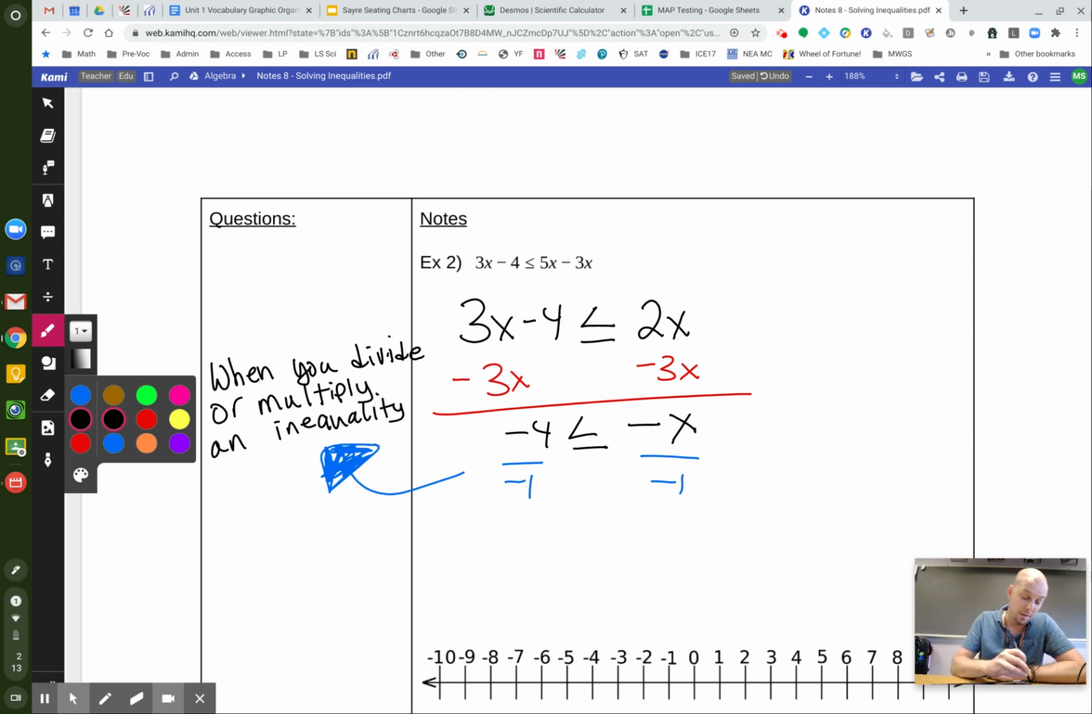If you're wondering what an inequality is, this is an inequality. It's something that has a greater than or less than to it. It can have an equals, but it also has greater than or less than. By a negative